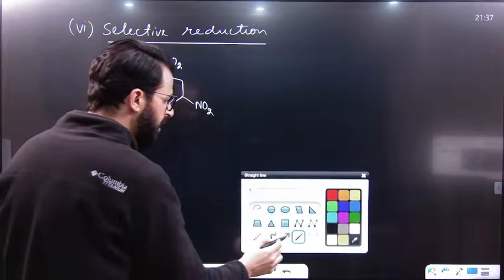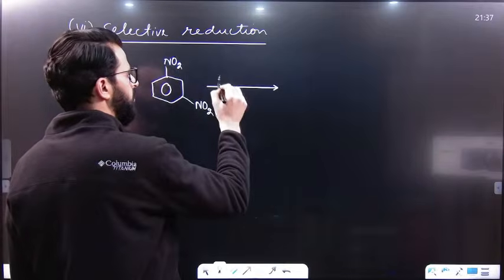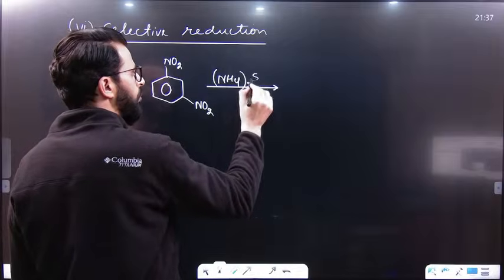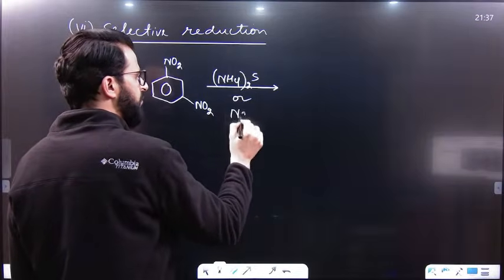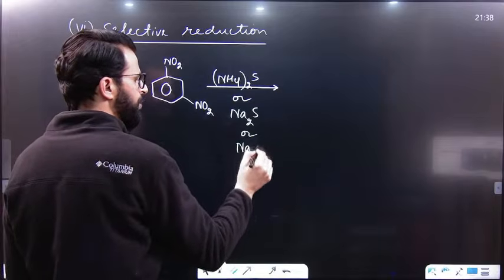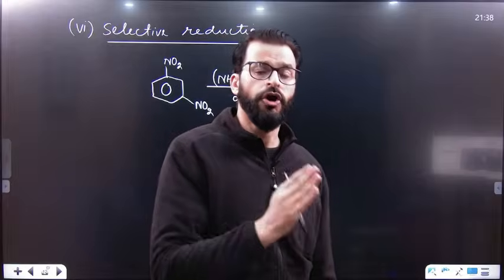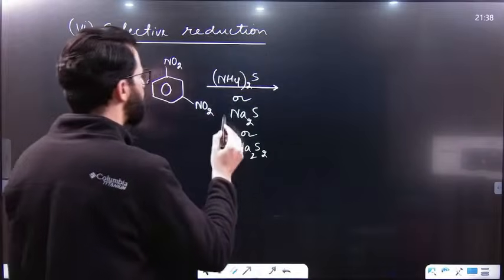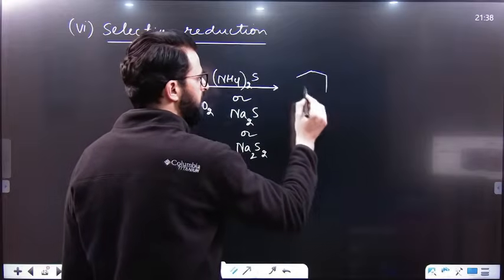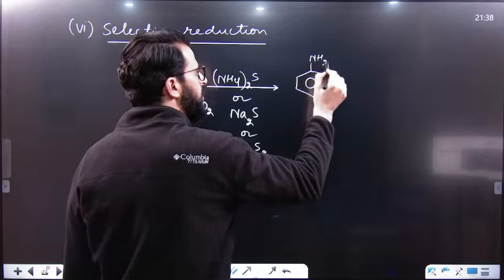And that selective reduction can be done if you use ammonium sulfide or sodium sulfide or sodium bisulfide or sodium disulfide. I mean, either with the help of sulfide or polysulfide, you can simply reduce one NO2 without affecting another. That means the product of this reaction at that time can be like this,